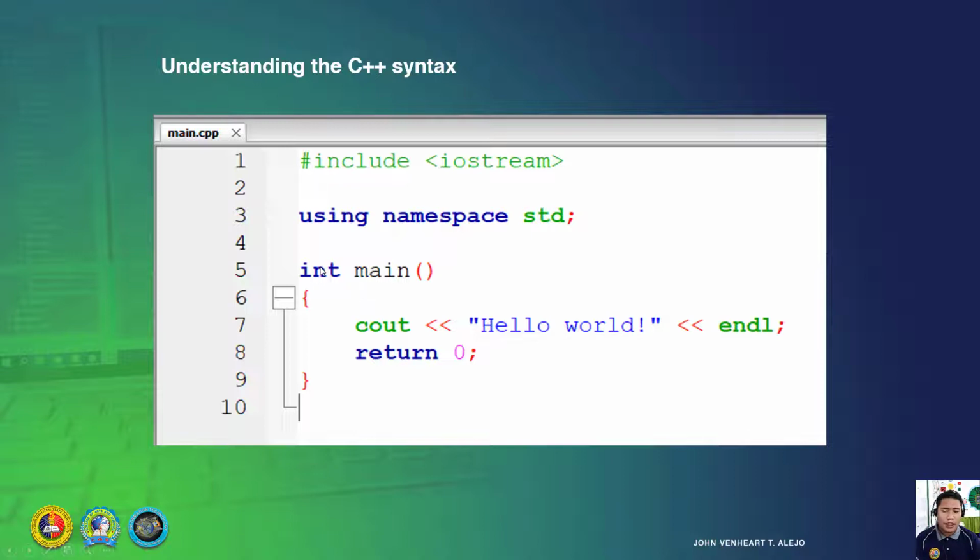Because it is an integer. Bisag unsa nga number ang ibutang nimo sa return, it will not really matter in the program. The important thing is to return an integer because it is intended for data type int on line number 5. Wala na siya og obligation. The output of this program is line number 7, which is cout hello world.